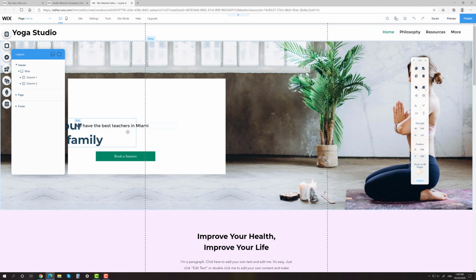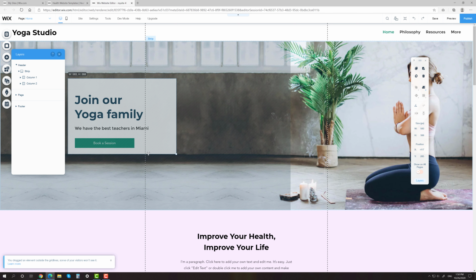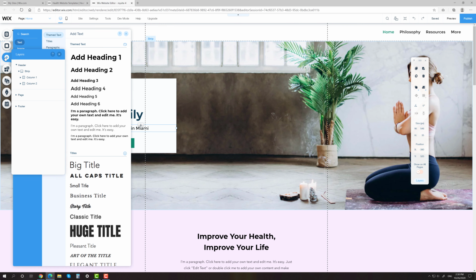Let's move these blocks a bit and reduce the size of the container. I also want to add one more heading here.